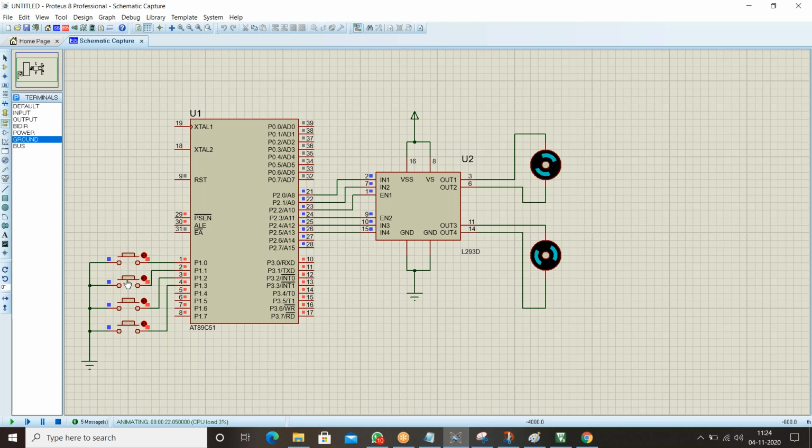If I release this, it won't work. If I use button 2, second case is implemented. If I use button 3, third case will get implemented. Button logic is very important here. If I give logic 0 only, the button will work. Okay, guys, is it clear?